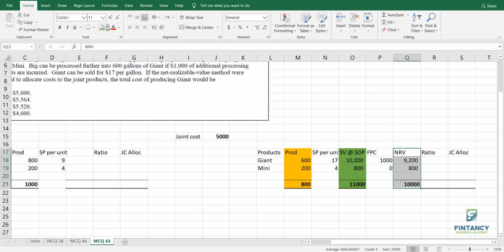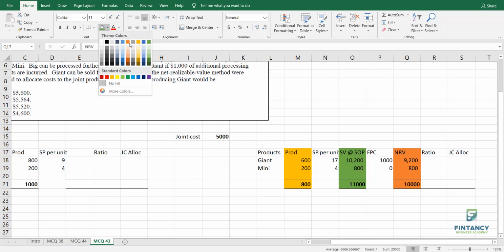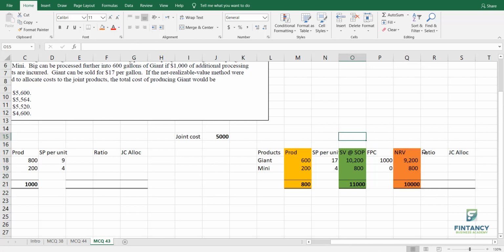If you are using method number 3, this is the next step for you. So you will go till NRV and then you calculate the ratio. I hope it's clear with everyone. Again, I'm writing just for your comfort here. Method 1, method 2, method 3. So remember, it means till where you will work. This is the format you will use, but till where you will work.